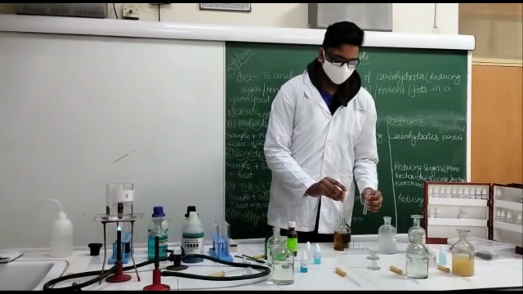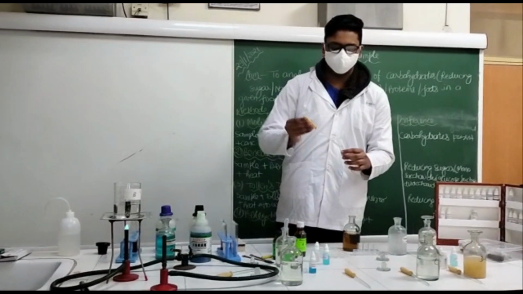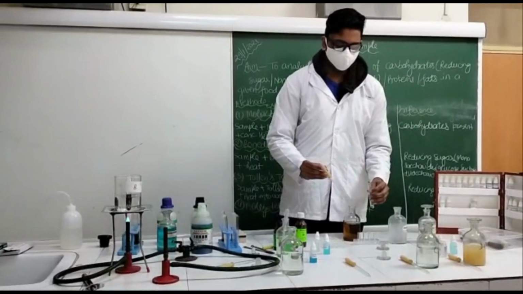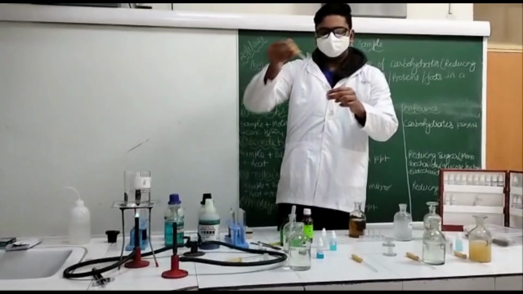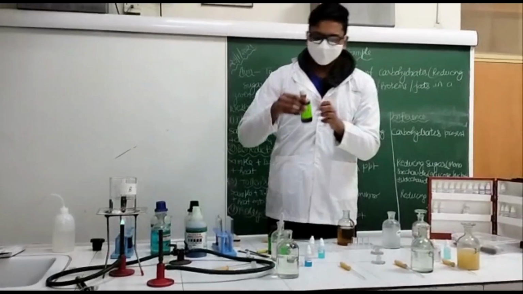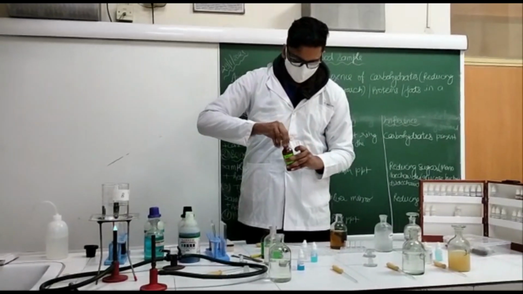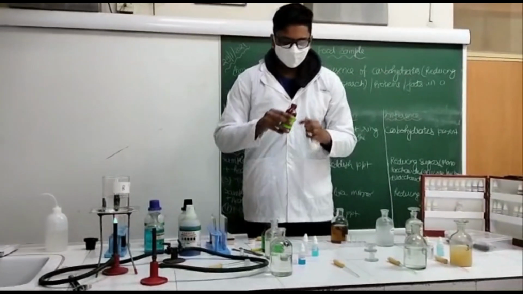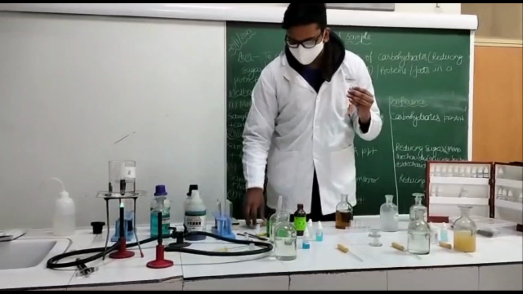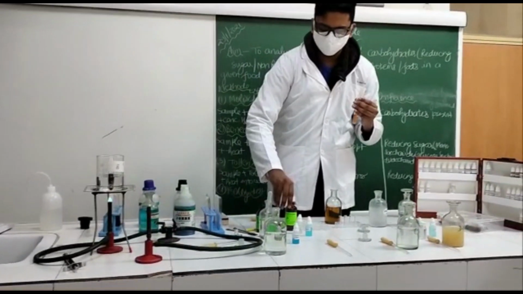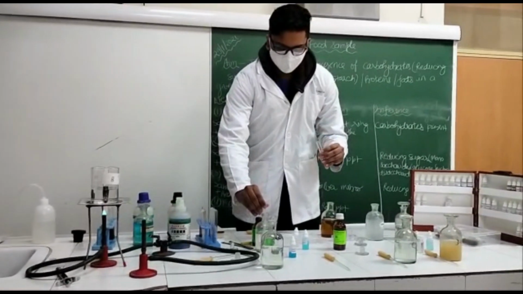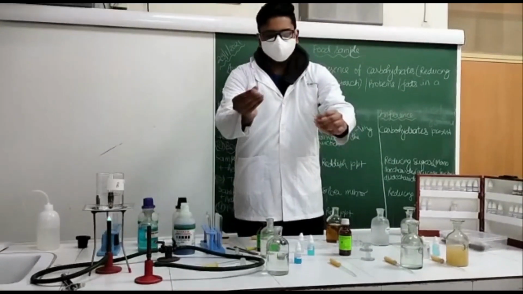So we're taking the second food sample and we're going to be performing the Molisch test first, which is we're going to add the Molisch reagent and concentrated H2SO4. We've taken the food sample and now we're going to add the Molisch reagent. After adding the Molisch reagent, we take concentrated H2SO4 and add it drop by drop on the side of the test tube. Just like this.